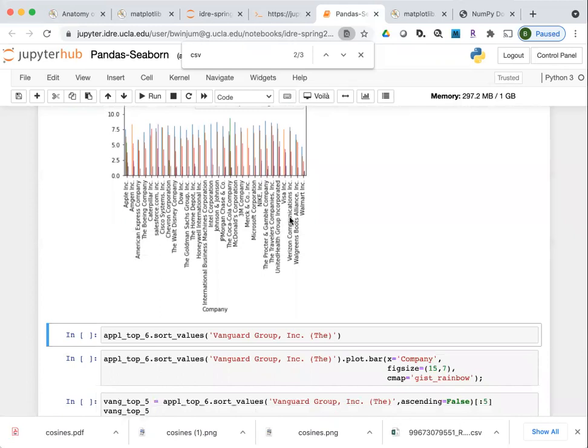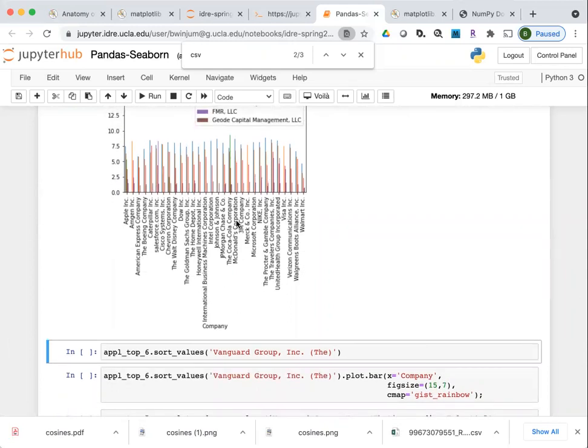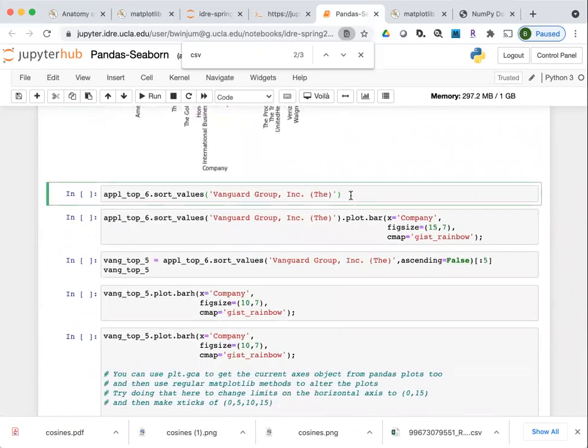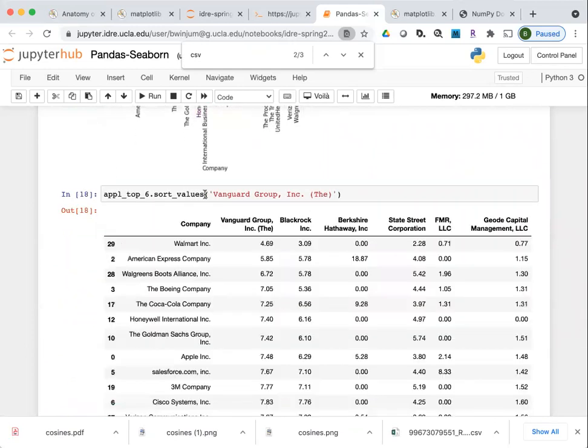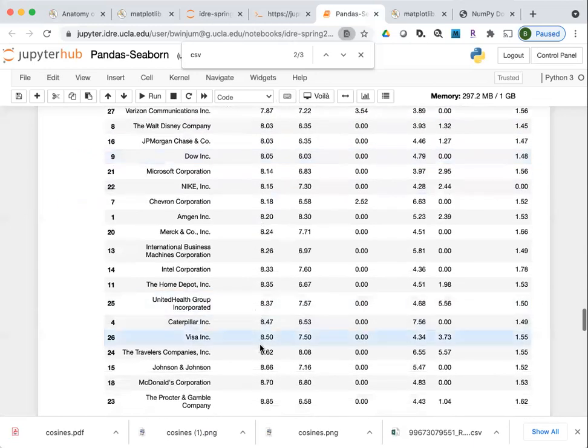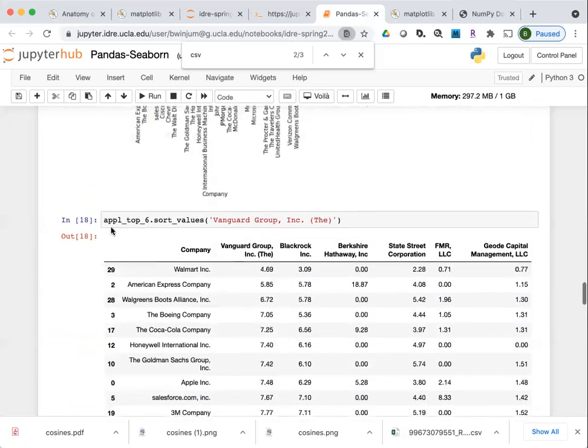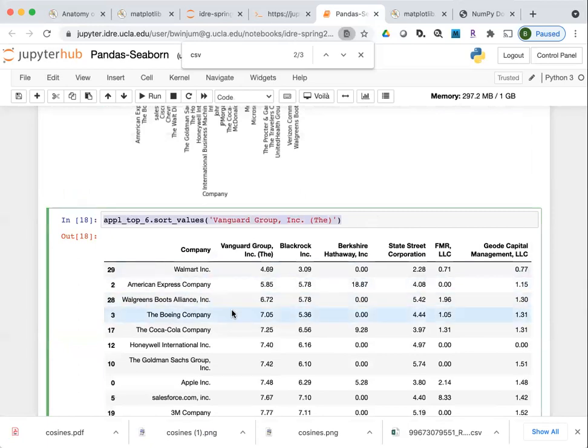So now let's say we want to take this and tweak it, so we get a little more information out than just getting a blast of the entire thing. This command is just a way to sort values of a particular column and to orient the other rows to match. So this sorts the values for the Vanguard group. This goes from low now to high. When I plot this, sort values returns the data frame itself.